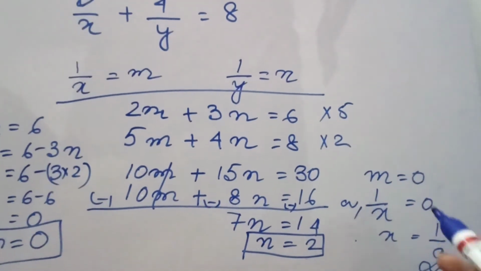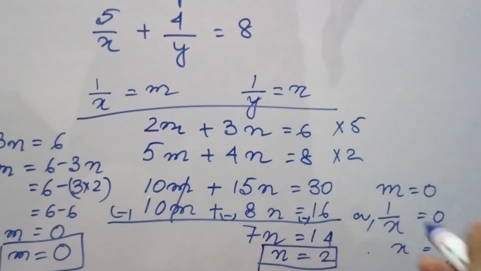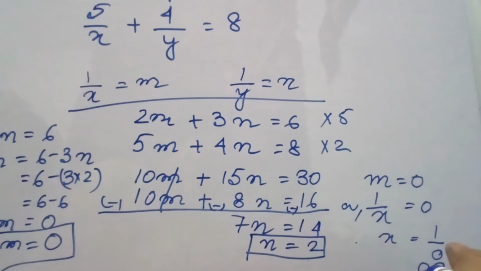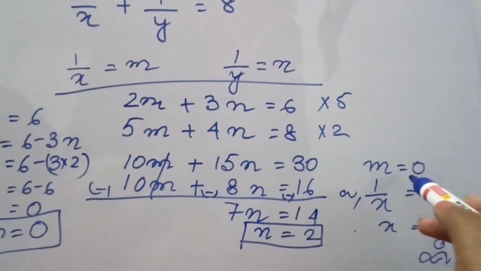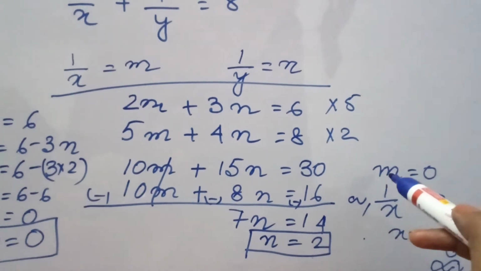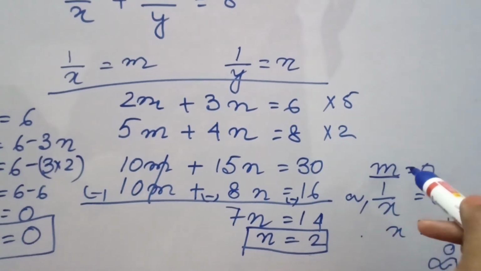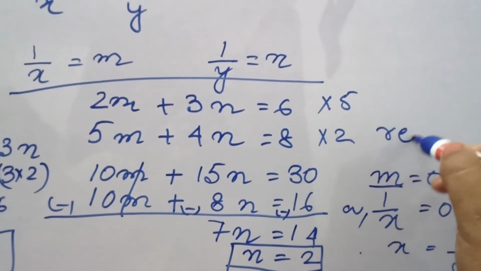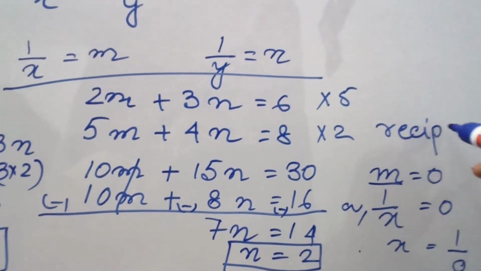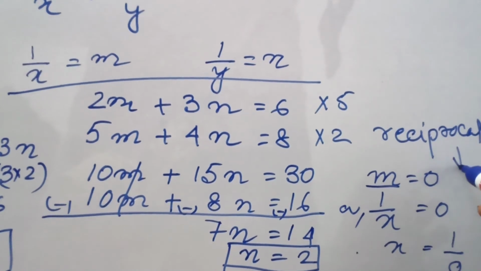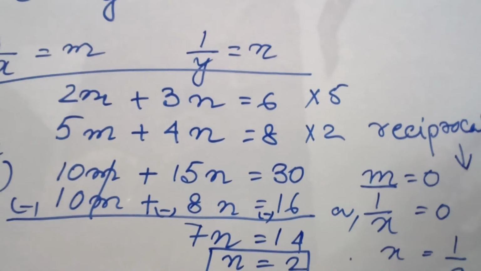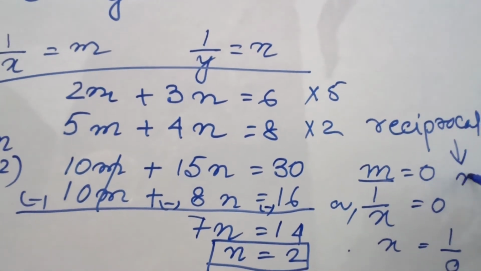Okay, as I have taken this equation from my mind, I'm getting this type of value, but you will definitely get a certain value. Your process will be, whatever value you get for m, you will take the reciprocal of it. The reciprocal of that value will be the value of x. Reciprocal of m will be the value of x.